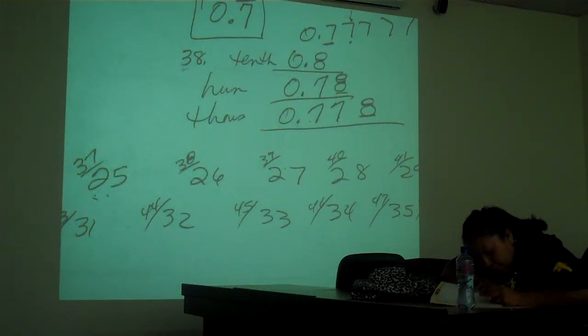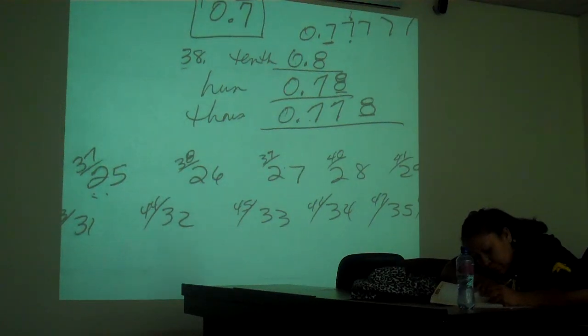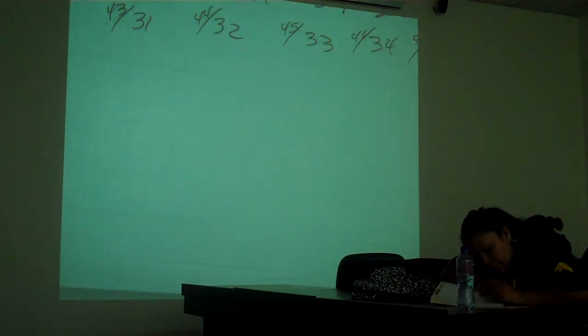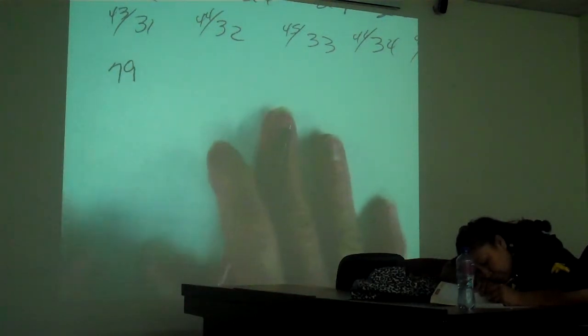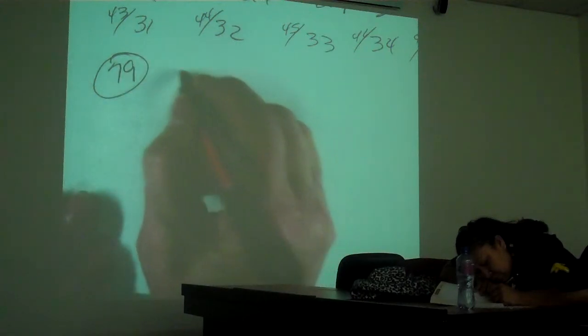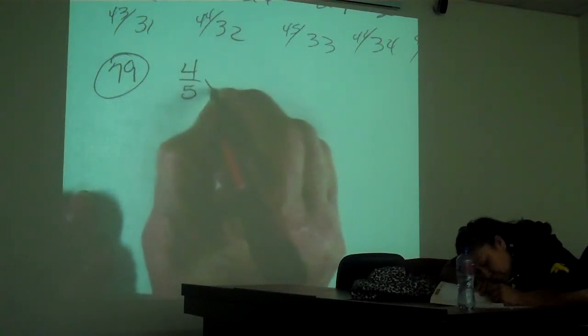You want to do another one of the order of operations with mixed fractions and decimals both? Yeah? Okay. You have some of those on page 262 that you have to do anyway. We'll do one that you didn't have to do, okay? Let's do number 79. Okay, number 79 is 4/5 times